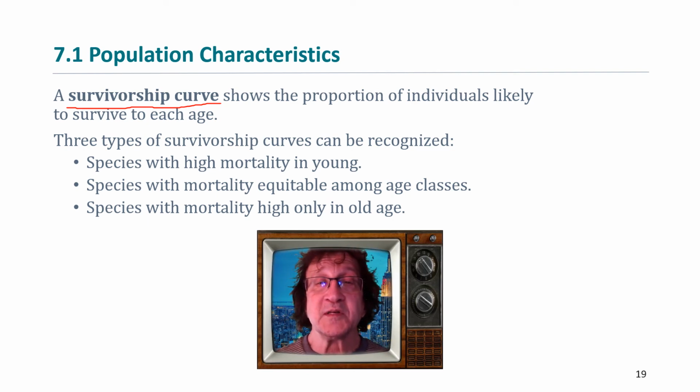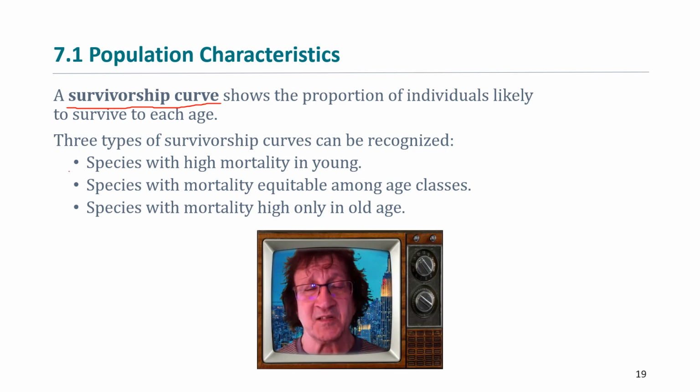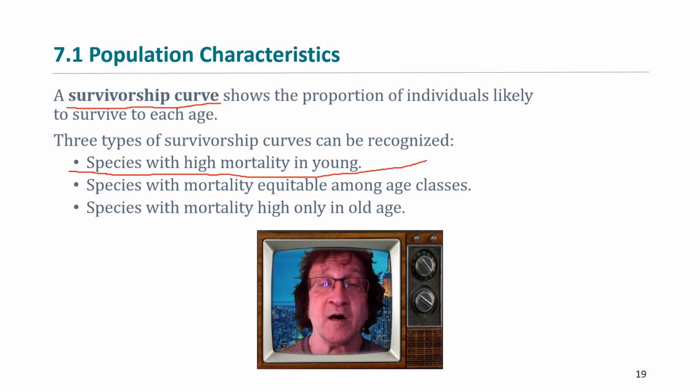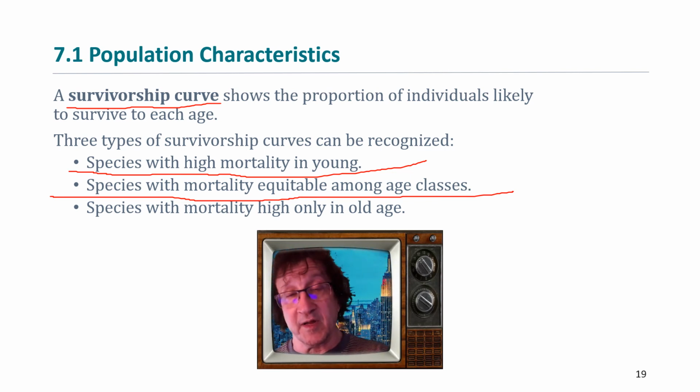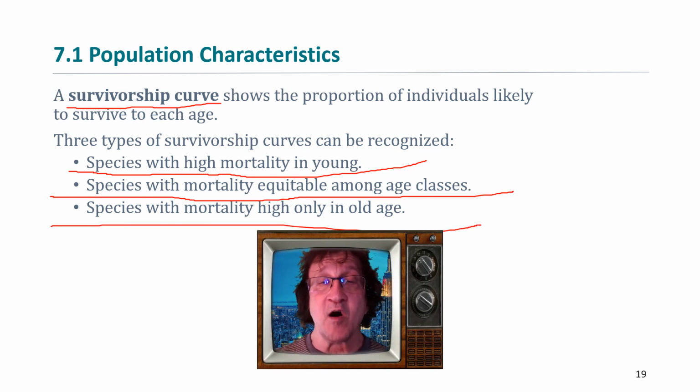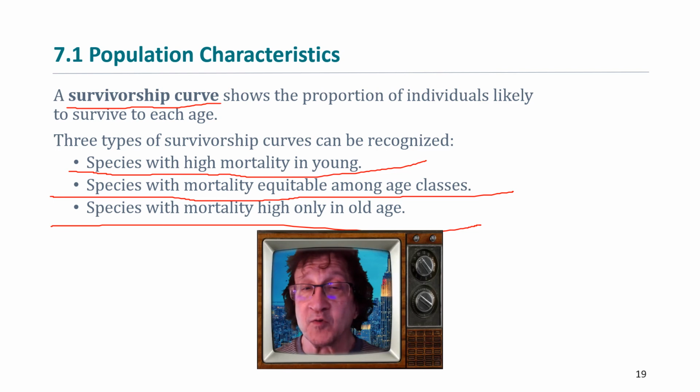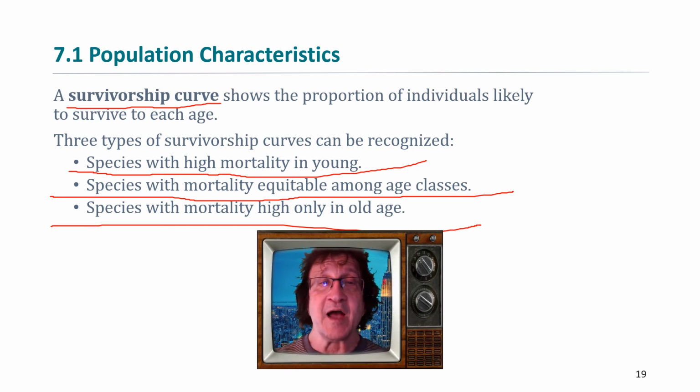So what we discover is we can break creatures down into three categories. And there are in-betweens on this. It's just that these are three extreme categories. Creatures that have high mortality of young, creatures that have high mortality across the spectrum. That means young, middle-aged, teenagers, older people dying. And then we have species like ours, where most of the deaths occur at old age. Doesn't mean other groups don't die, but it means the rates are different. And the next slide will show you